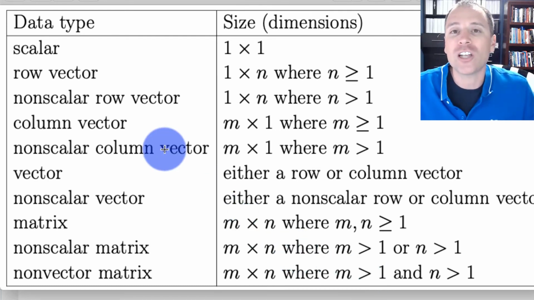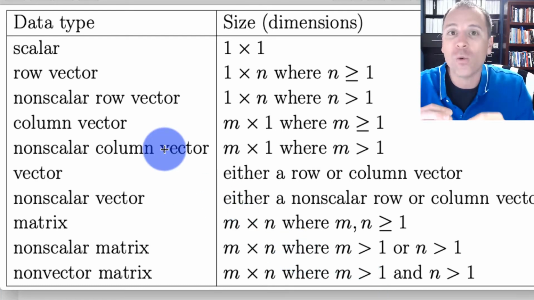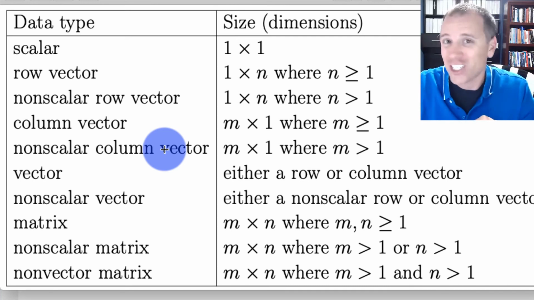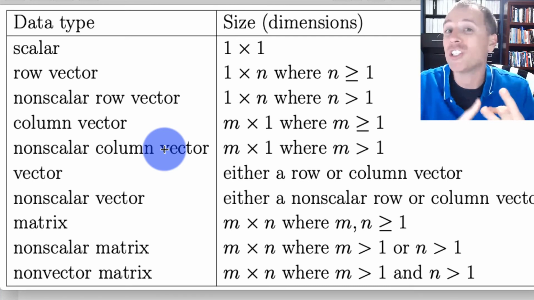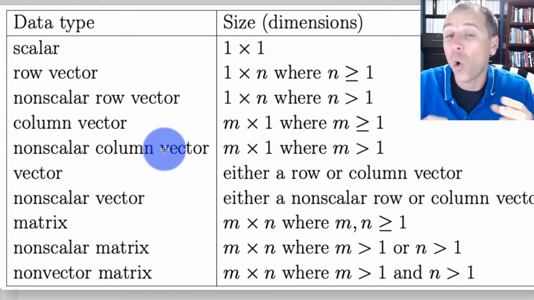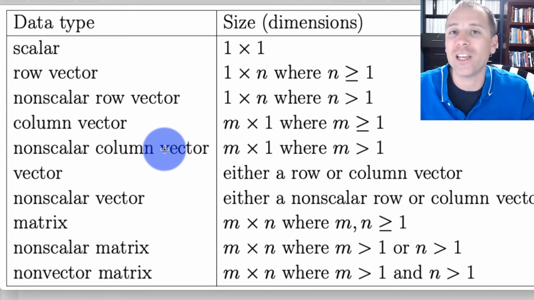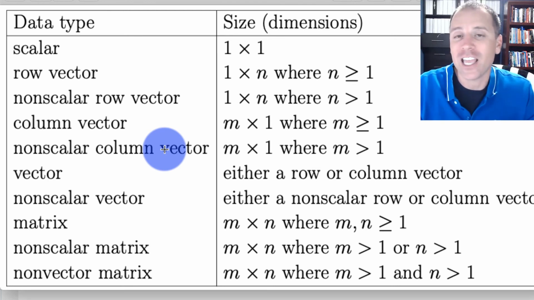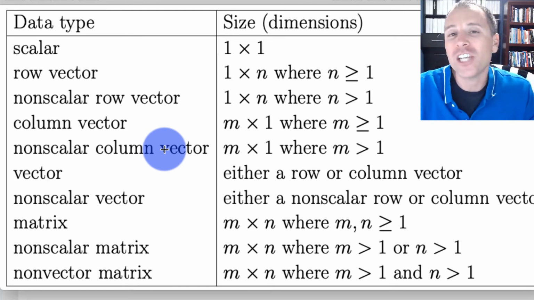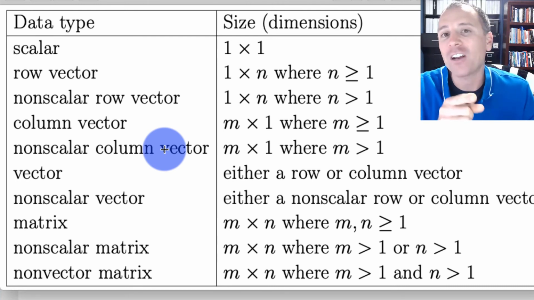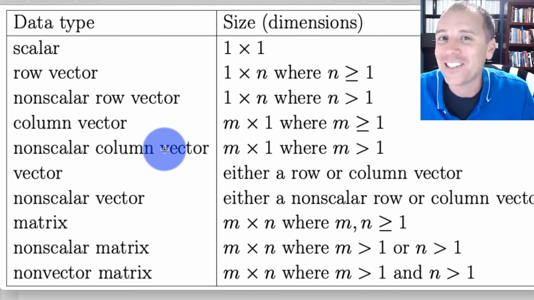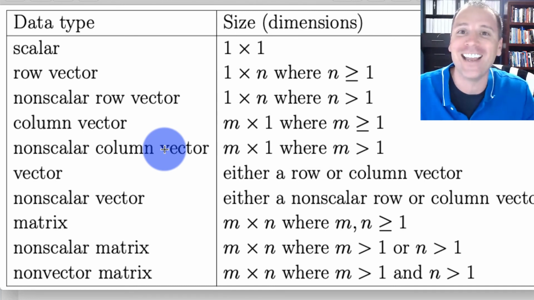Those definitions allow us to distinguish quite clearly whether or not we want just a scalar, just a non-scalar vector, or just a non-vector matrix, or if we want some combination in between. We'll use these throughout our videos to be quite clear. This is an introduction to those thoughts. The community challenge of today is, can you come up with a diagram that accurately describes that? It took me about an hour of thinking to come up with a useful diagram, and I'm not going to show that to you because that's the challenge for today.